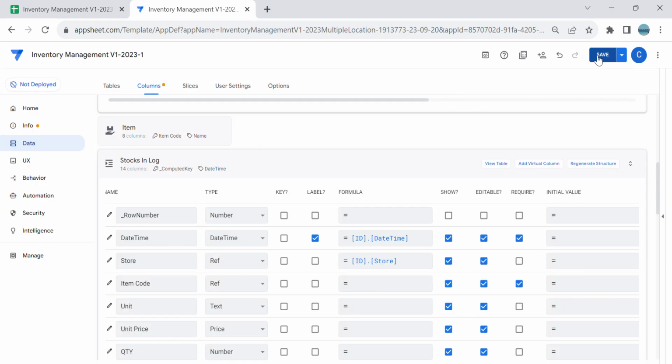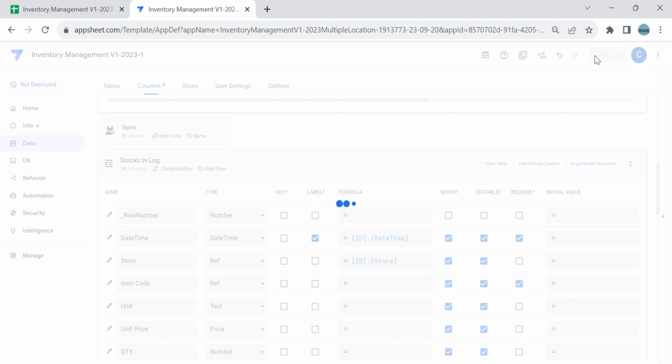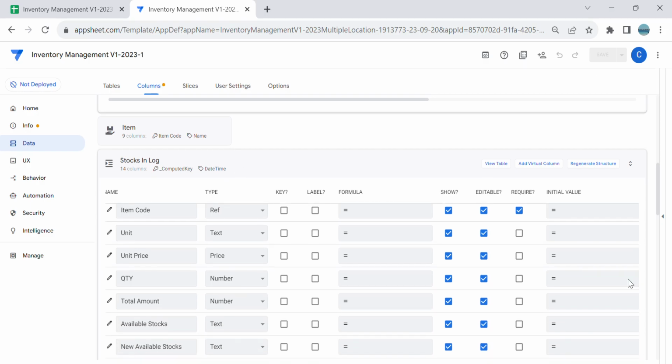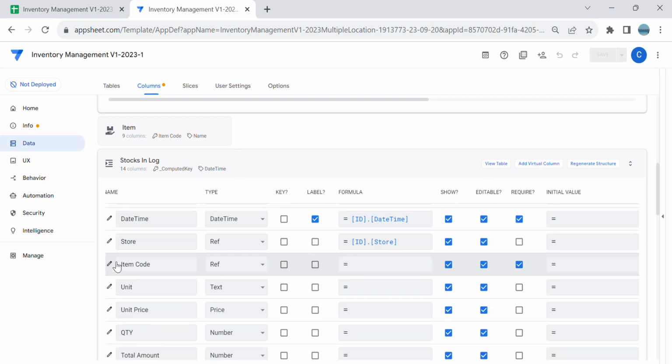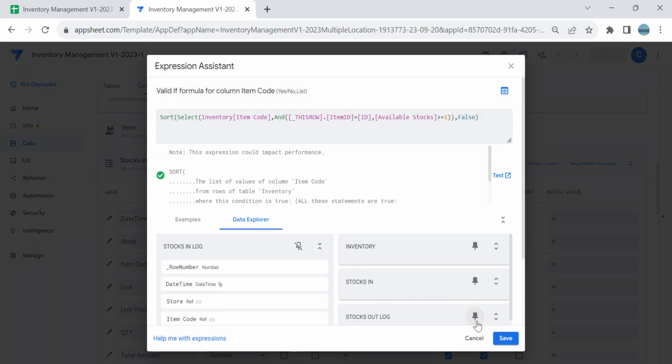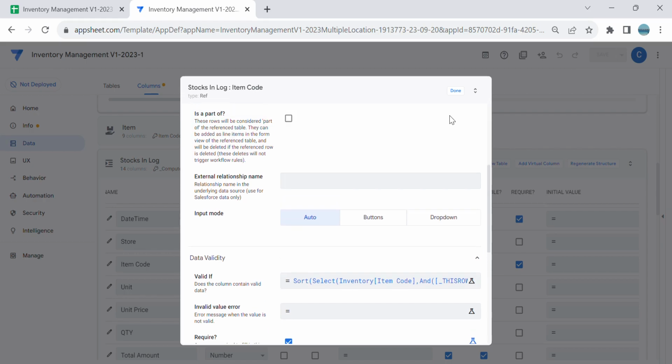Let's try to save. Something network problem. I guess it's okay. Yeah, it's correct, guys. So this is what I use in item code in stocks in, data validation,